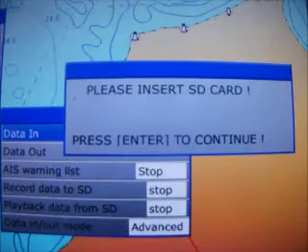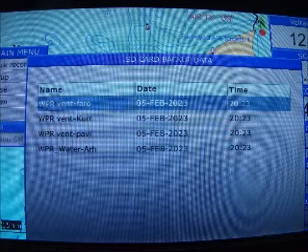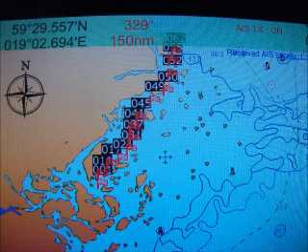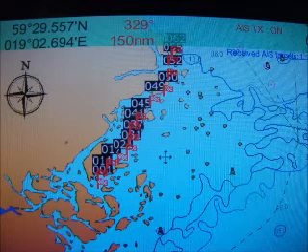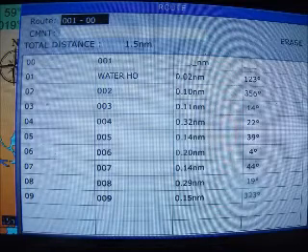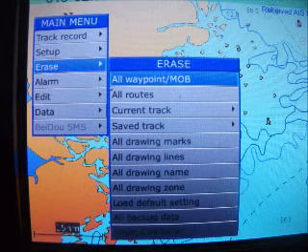and we go up to data in, and then we press start, we click enter for 'please insert SD card'. It's already in, so press enter again. Then you get the list, and I chose the water arm, the bottom one, and data transfer is complete. So then we will see the waypoints already on the screen, and that's on the Onwa screen. So the data points are in, and that's the route that's been recorded,